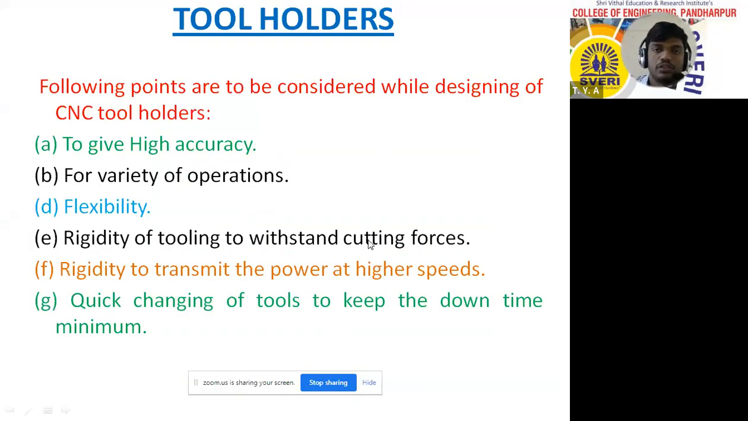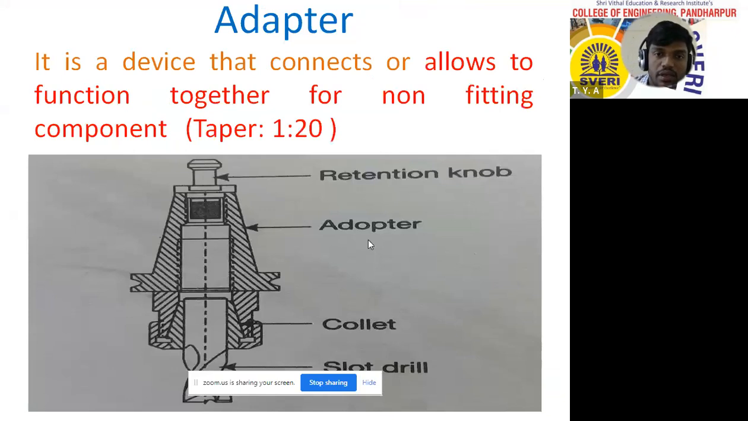Okay, so this is just for information for you people, how the tool holders are doing some force. Okay, so we'll see. Next part is adapter. Okay, so adapter is one of the parts where we can connect and allow to function together for the